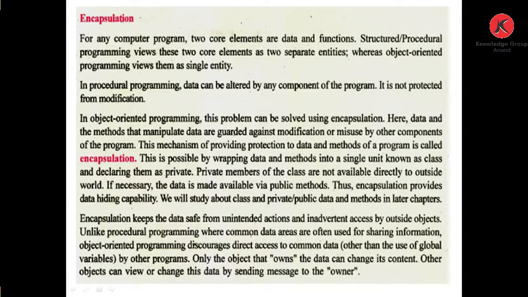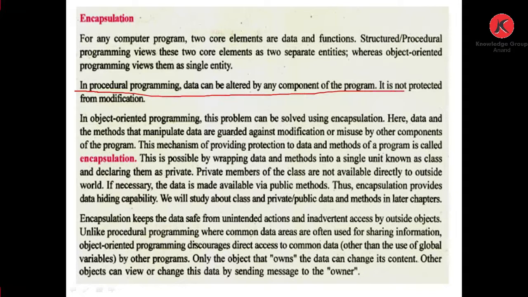Encapsulation. It is our first expectation of the object-oriented paradigm. For any computer program, two core elements are data and function. Structured or procedural programming views these two core elements as two separate entities, whereas object-oriented programming views them as a single entity. In procedural programming, data can be altered by any component of the program.